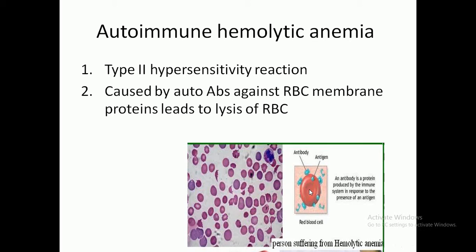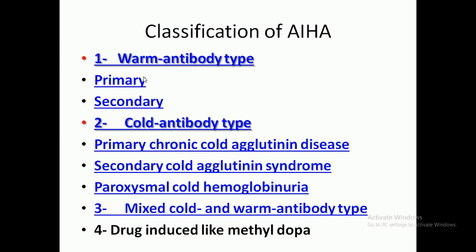The mechanism of destruction in type 2 hypersensitivity is the antigen-antibody immune complex, which leads to activation of the complement and lysis by the classical pathway of the complement, which forms the membrane attack complex. And the classification of autoimmune hemolytic anemia: the warm type, which is either primary or secondary,